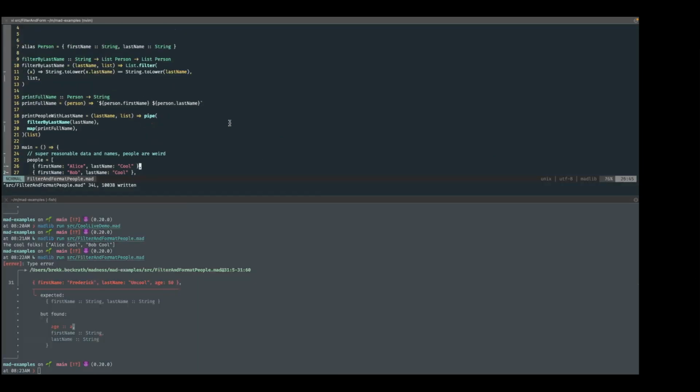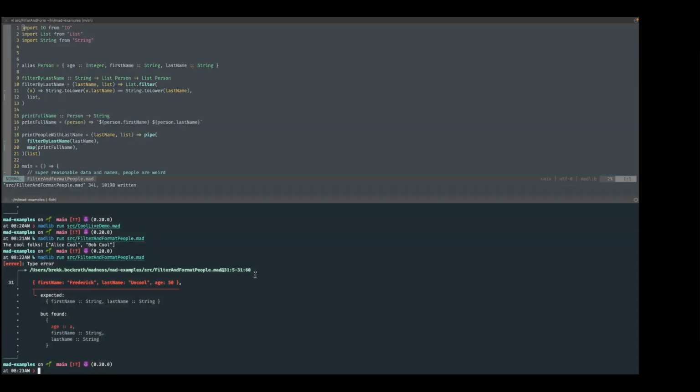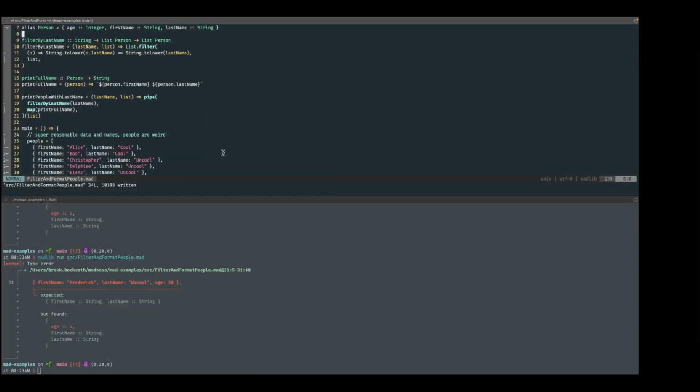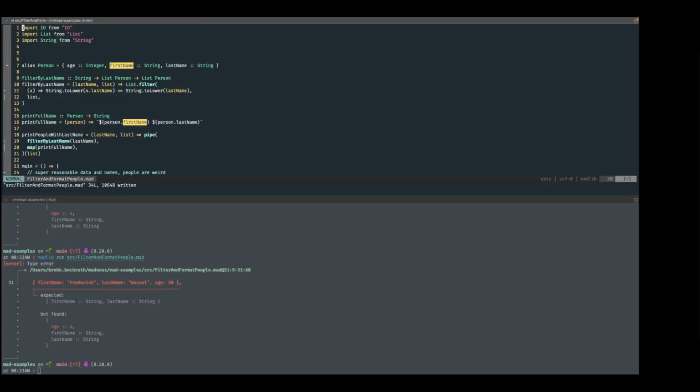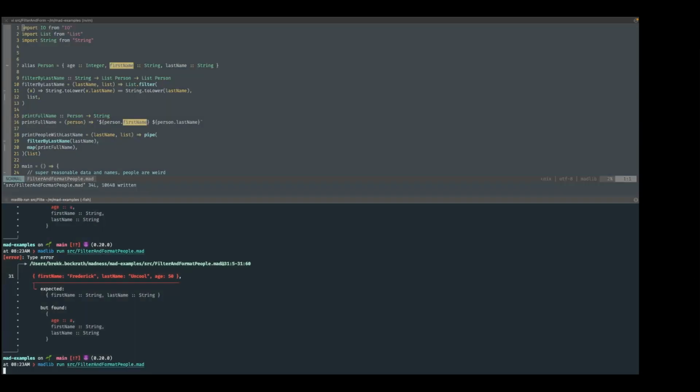But if instead I go up to my person here, and I go age here, and come back down, well, same issue, but I can quickly fix it. I think at this point it will be happy.